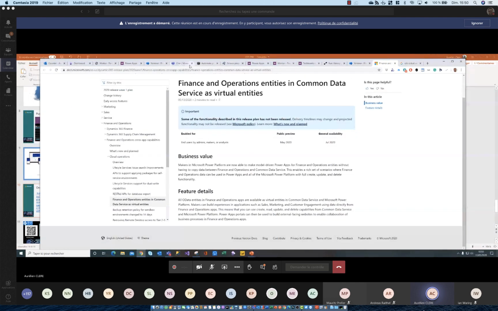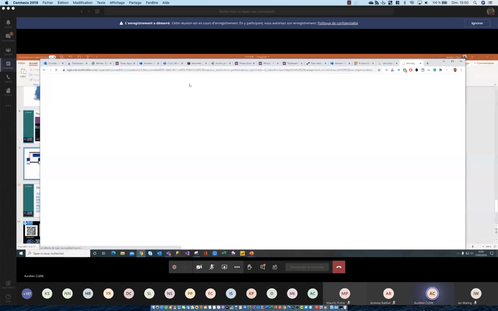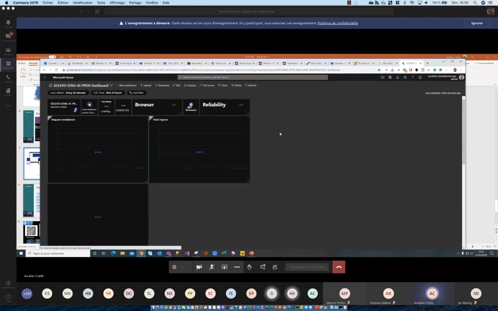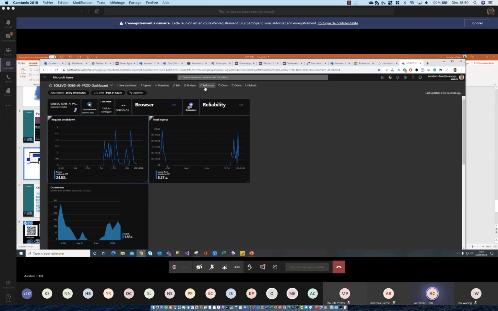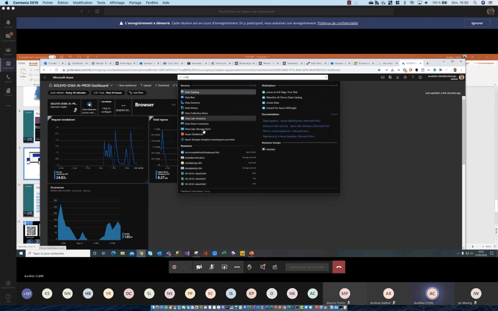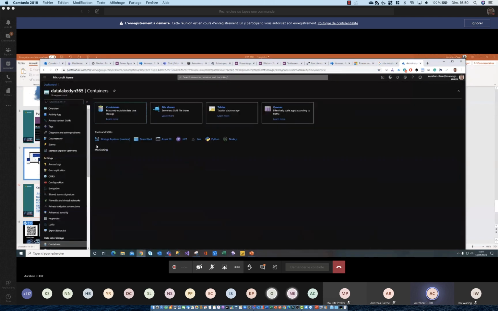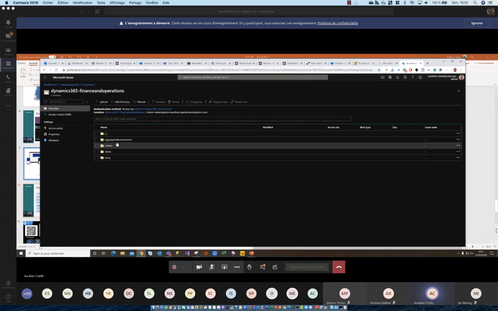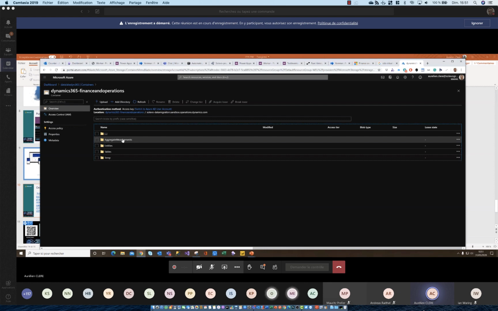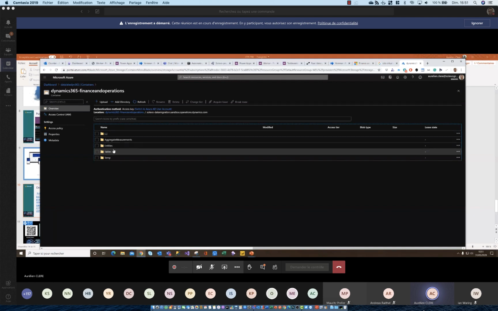But it's really great, as I will show you also to finish. It's coming, I think, as a new feature. This kind of thing is coming because now, I don't know if you know, but you can have a data lake behind finance operation. And when you configure a data lake with finance operation, you can have containers behind, like this. You can have your aggregate measurement. This is the entity store, the data warehouse. But now you have also the entities and tables.